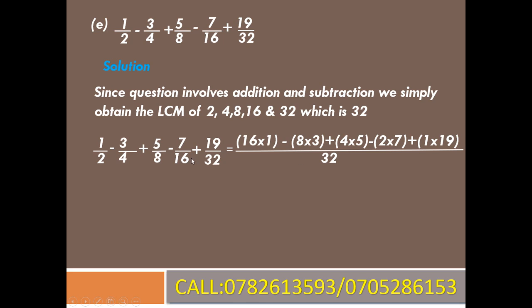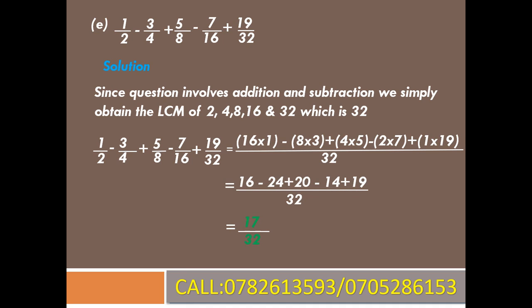Now 32 divided by 8, 4 times 5, which is actually here. 32 divided by 16, 2 times 7, but we keep the sign, plus. 32 divided by 32, 1 times 19, which is actually here. So we compute that and simplify to have